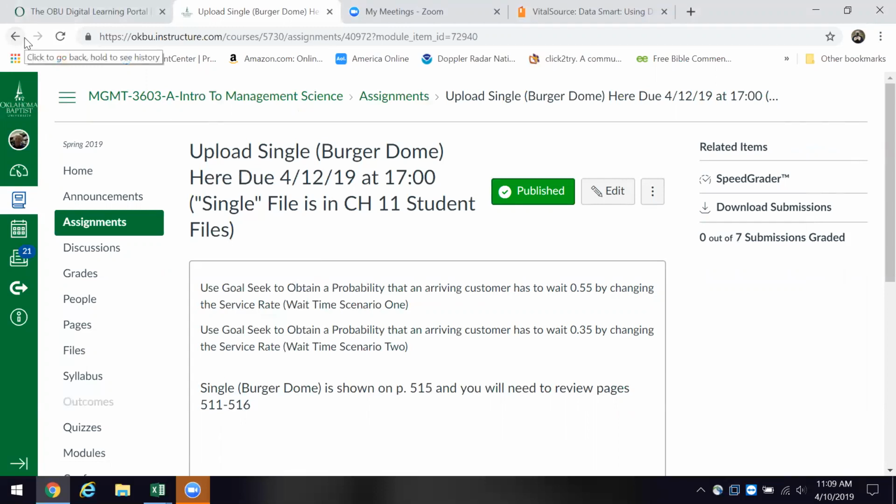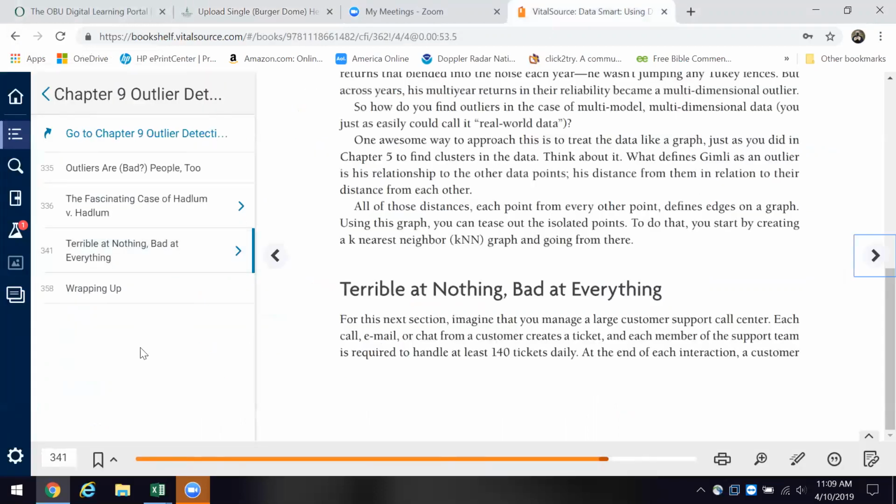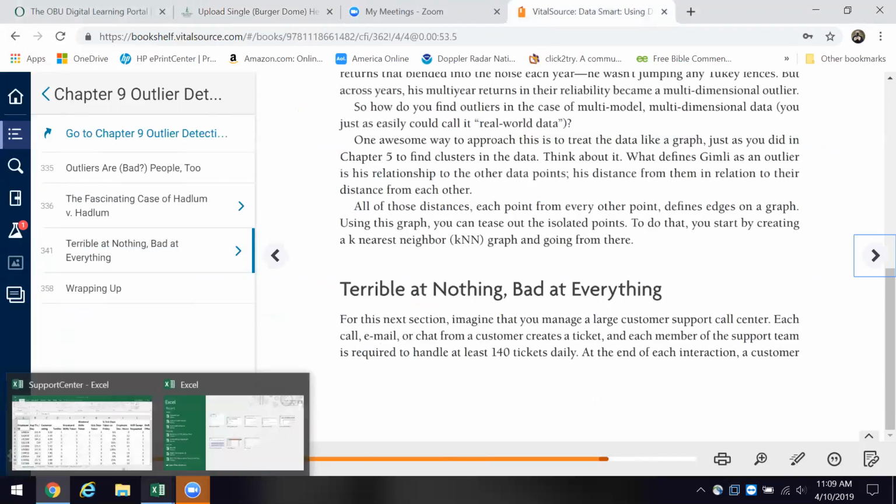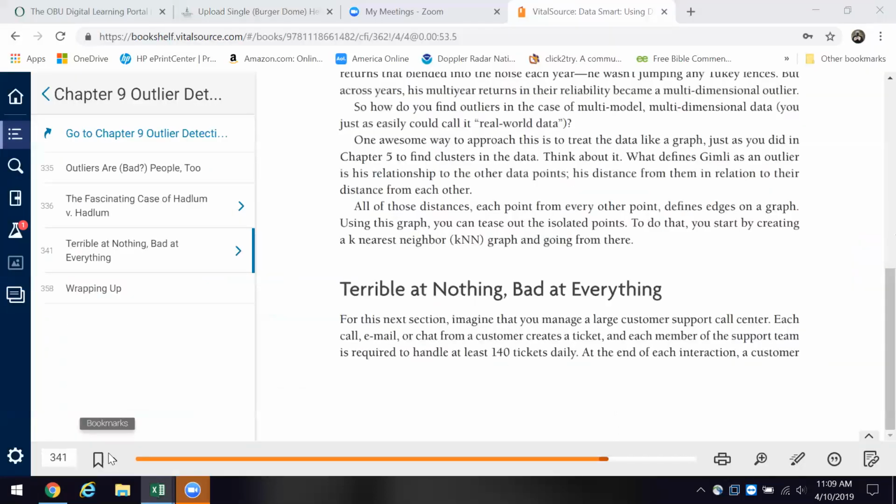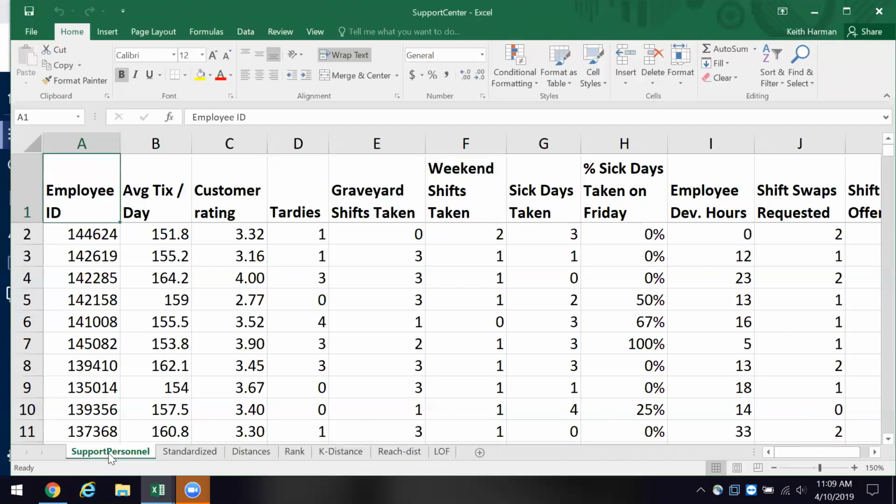Well, let's go ahead and take a look at the Data Smart case. Again, this is from chapter 9, and we're looking at outliers. Let me take a minute, and we'll pop the file up. This is the support center file, and we saw screenshots of it on Monday, as I walked through the text and how this thing is put together. Just like we do in management science, we always use a model that works.